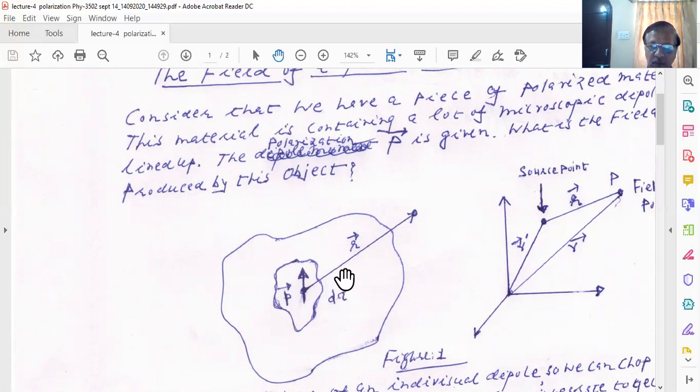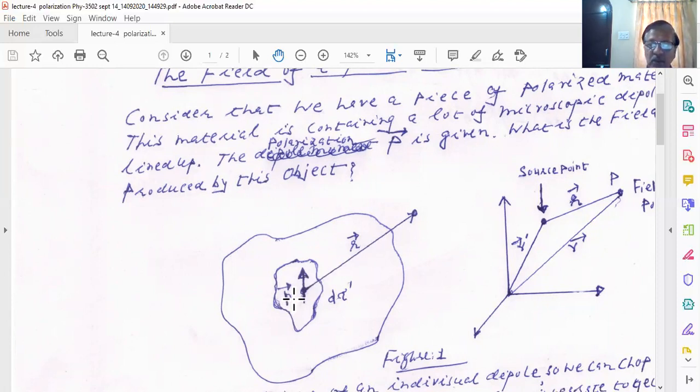This small volume element I refer to as d tau prime, and you can see that it may consist of many dipoles. If there are n dipoles, then you will have to find the field produced by each dipole and sum up